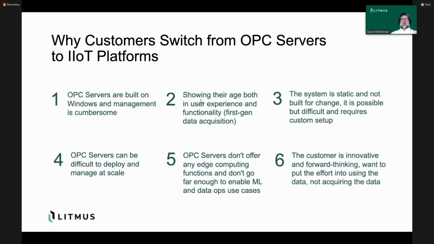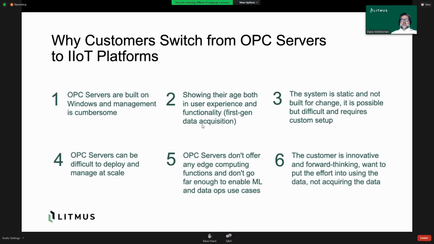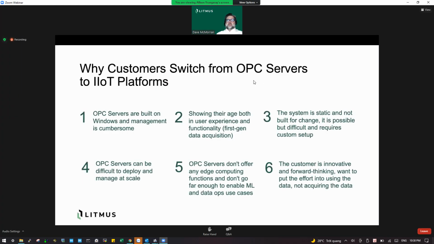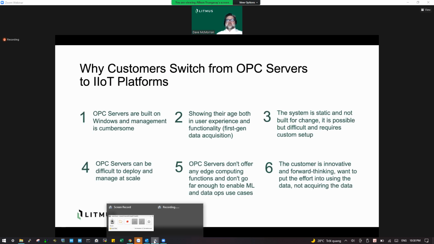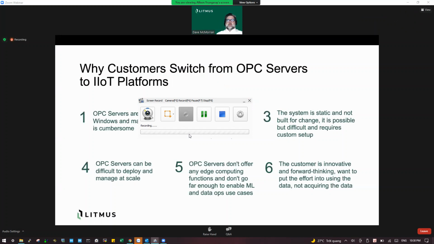You know, in 1990, when OPC technology came out, it was really an amazing technology back then because we were now able to get data out of the PLCs and into SCADA systems and do that much more efficiently and easily. But it really hasn't changed much since then. The user interface is still kind of old, with wizard walkthroughs and those kinds of things. It's just an older way of doing that. And that's a common theme